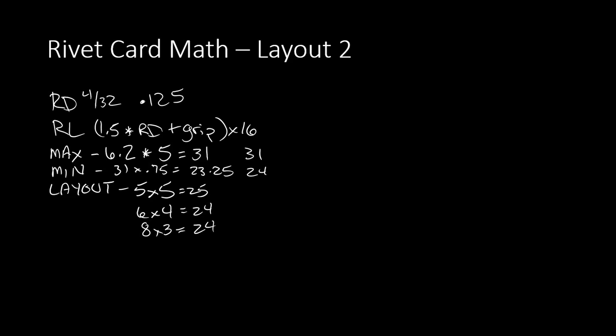3 times 10 is 30. Okay, so 3 times 10 is in limits. 3 times 9 is 27. Let's see. We did 3 times 8 already. What other 4s could we do? We got 4 times 6. What's 4 times 7? 28. 4 times 7 works. Good. So any of these we could definitely try,